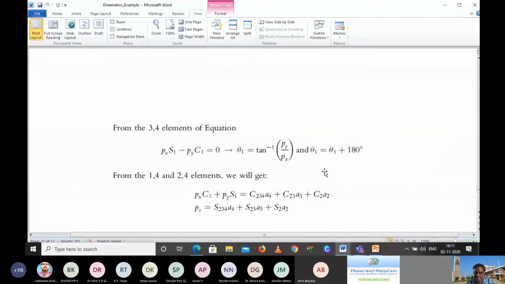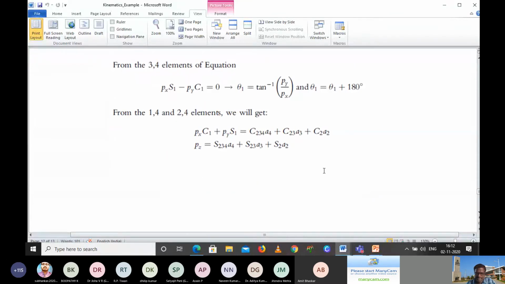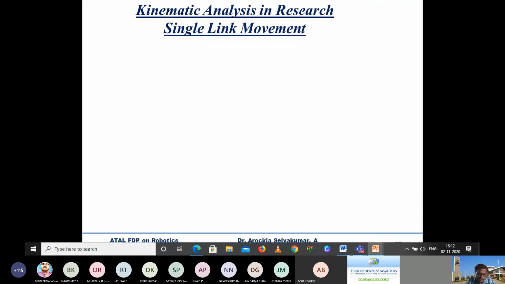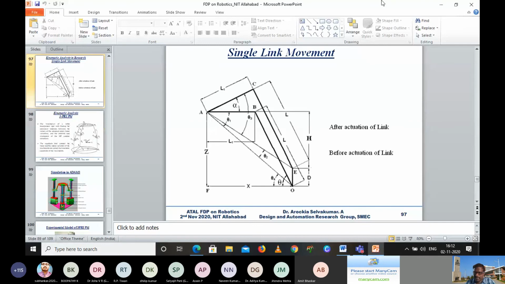It is not that easy. These things you cannot feed into MATLAB. You have to work through them and then substitute. Okay, so I am proceeding to the next one. These are the variables, and then you have to calculate. This is related to the parallel manipulator. Maybe I will come to it at last. Before that, I have one more topic.